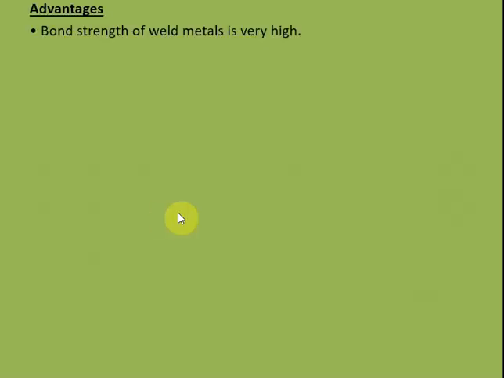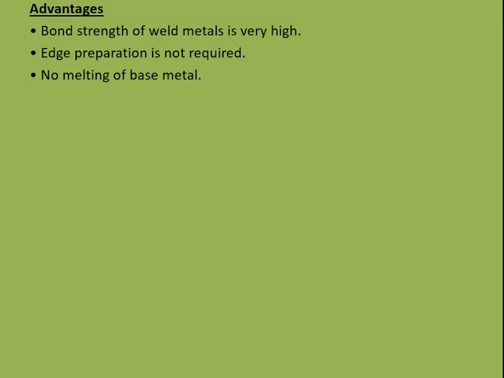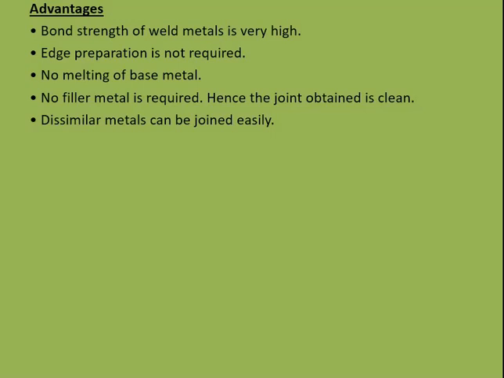Advantages of this kind of welding are: bond strength of weld material is very high. Then, edge preparation is not required. No melting of base metals. No filler metal is required. Dissimilar metal can be joined. And next, the disadvantages are: